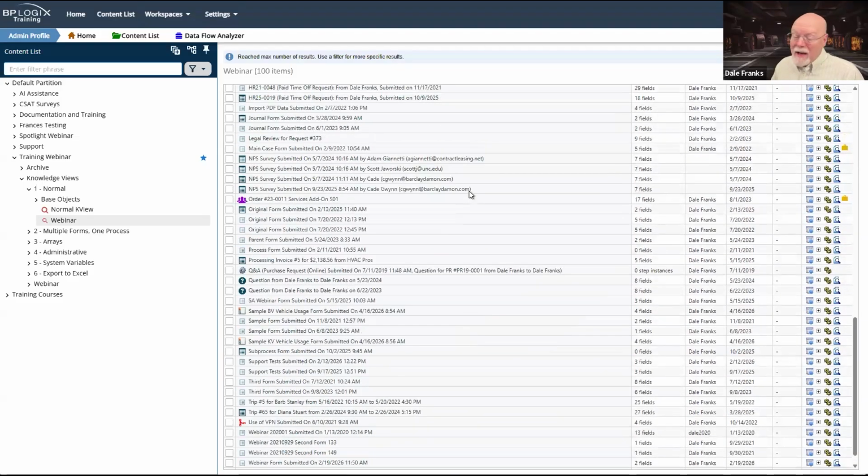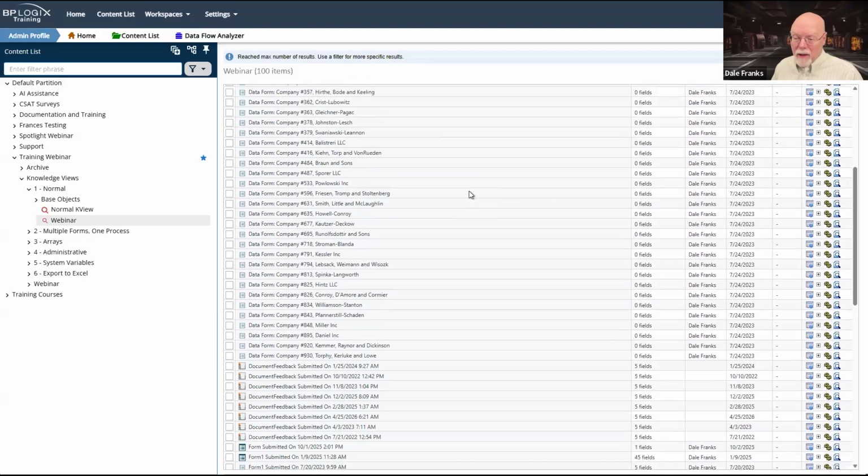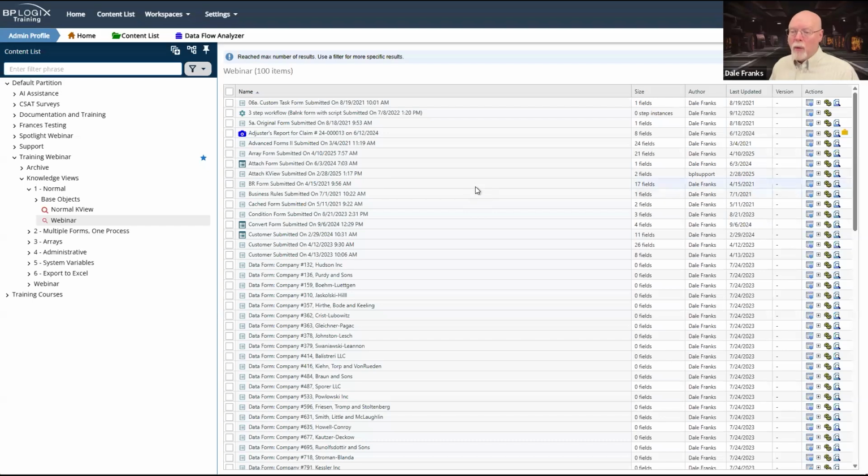But again, I didn't make any changes to this knowledge view. I literally created the knowledge view definition, and now it wants to return all of the default items, which are forms, timeline instances, and knowledge or workflow instances that exist on the system, and it's just going to want to return them all. So knowledge views always want to work, and they always want to return everything on the system. So our job when we create a knowledge view, of course, is to restrict the records that are returned so that we only see the appropriate number of records.